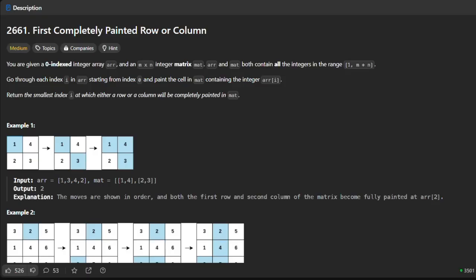In this video, we will be discussing the problem "first completely painted row or column". You are given a zero indexed integer array ARR and an m cross n integer matrix mat. ARR and mat both contain all the integers in the range 1 to m cross n. Go through each index I in the array starting from index 0 and paint the cell in the matrix containing the integer ARR of I. Return the smallest index I at which either a row or a column will be completely